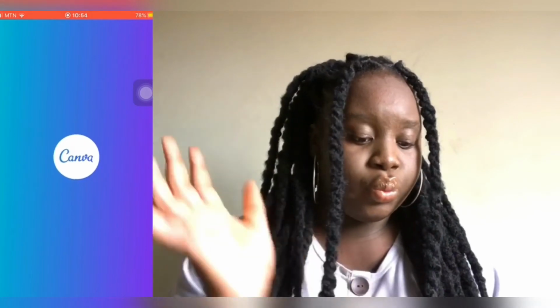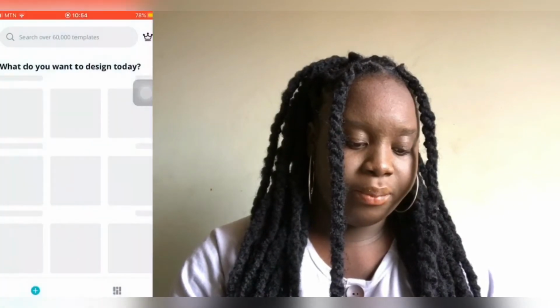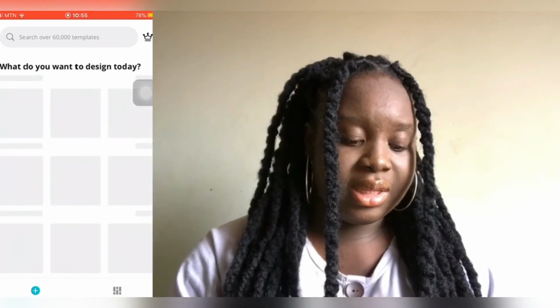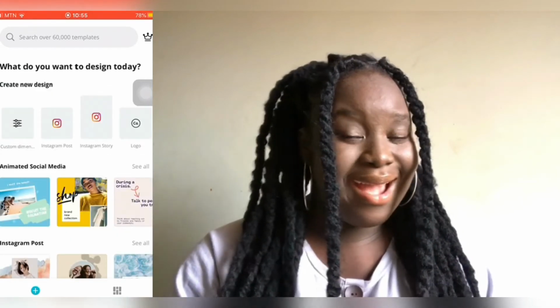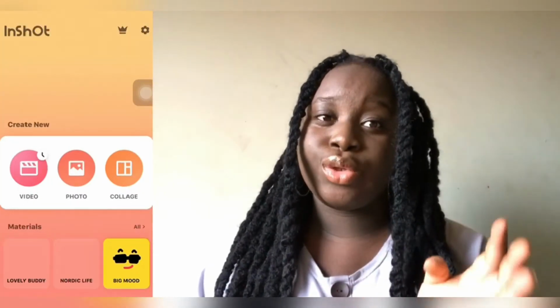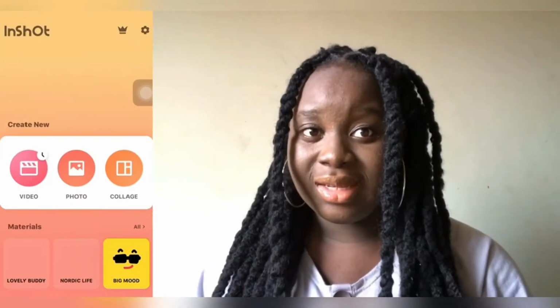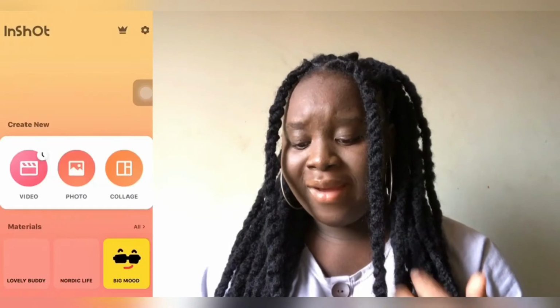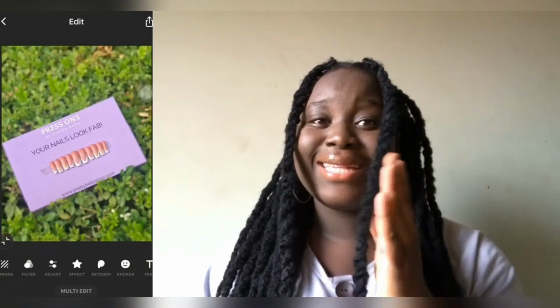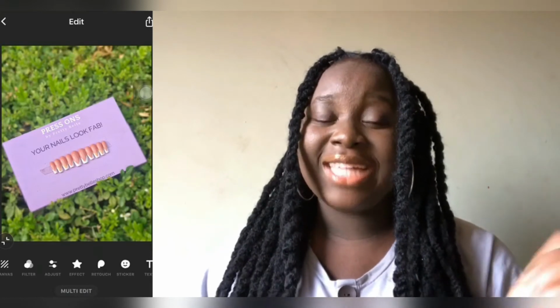So with this Canva, you just press the plus button, then you can press Instagram post right on the top center. See, it takes forever to load. That is why I do not like Canva. So the Canva app did not load, unfortunately, because I feel like my Wi-Fi is bad as of now. So I am going to move straight ahead to the next app